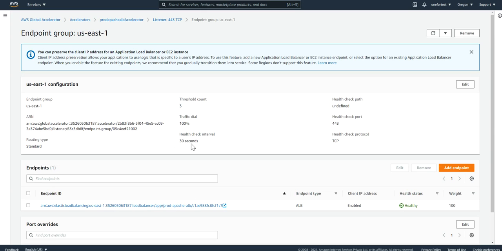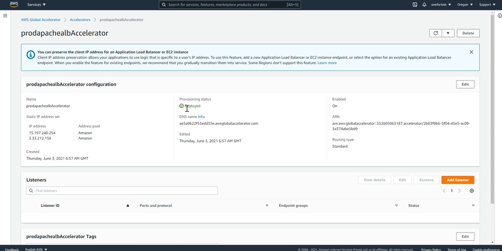Now I have my accelerator created already. Let me go to that accelerator. Now these are the IP addresses. Let us see whether these IP addresses are actually working or not. So I'm going to browse this IP address.